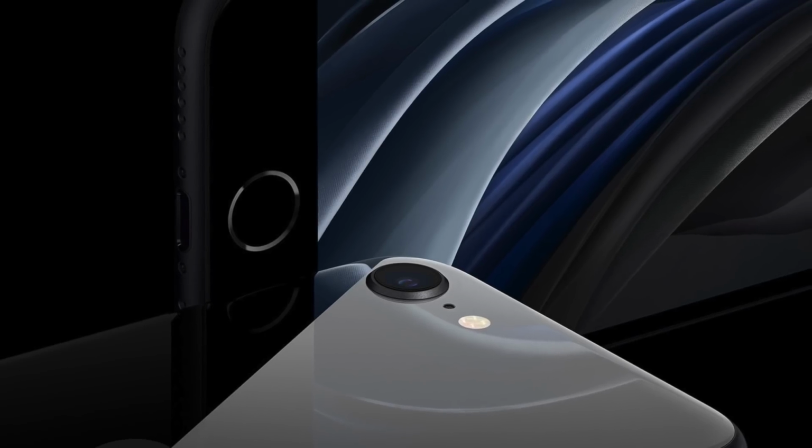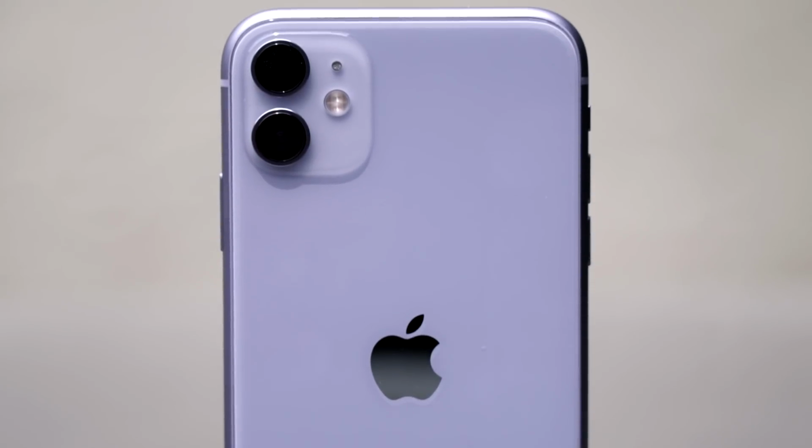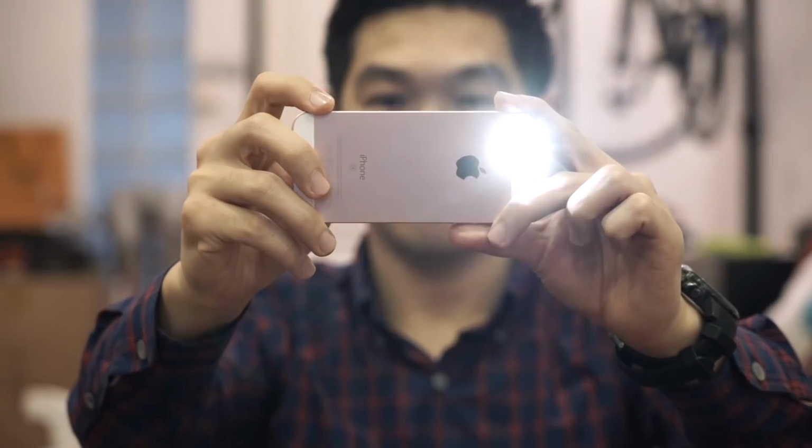The iPhone SE is back. It looks just like an iPhone 8, has iPhone 11 features, but costs just as much as the original from